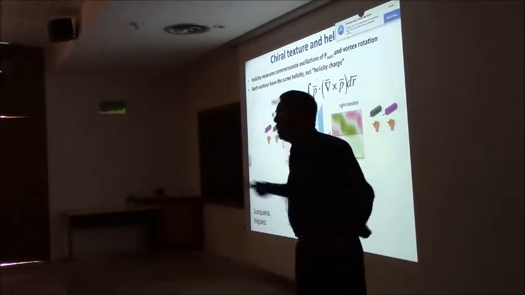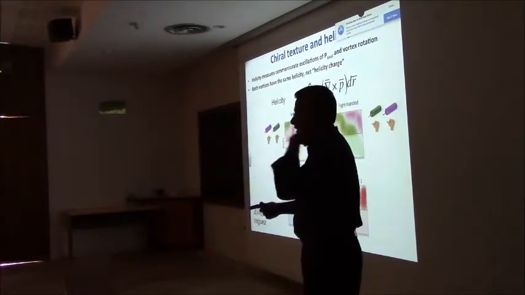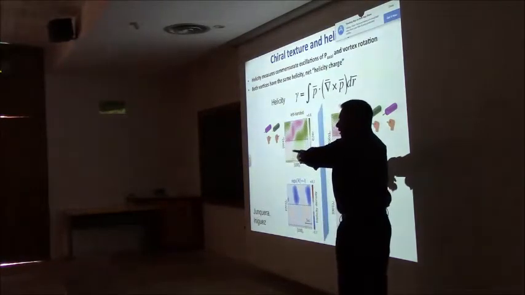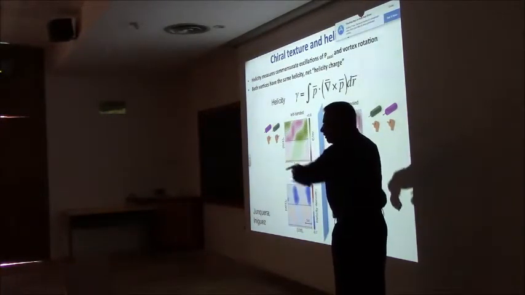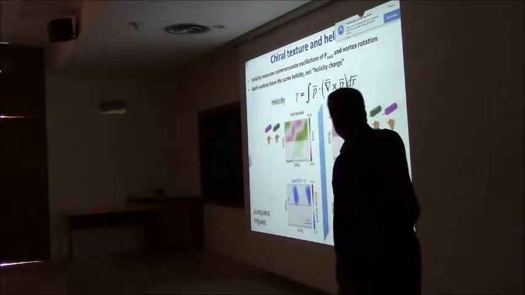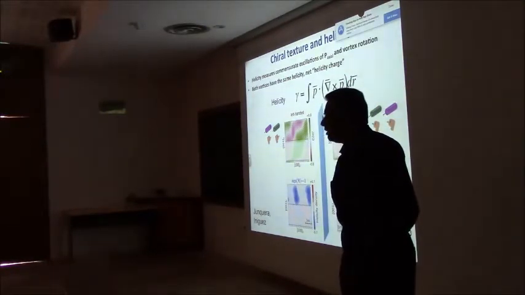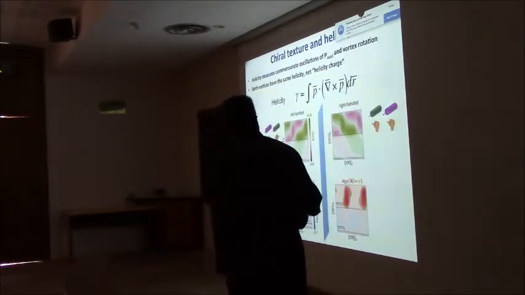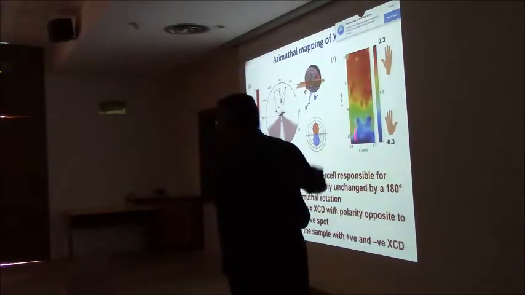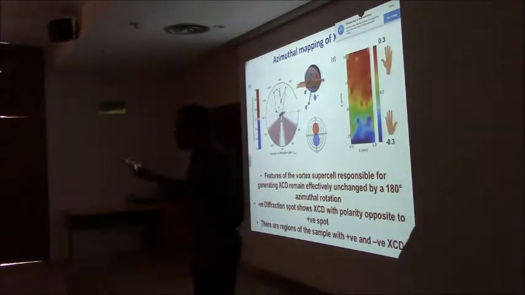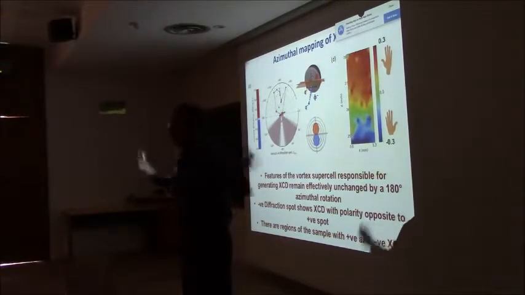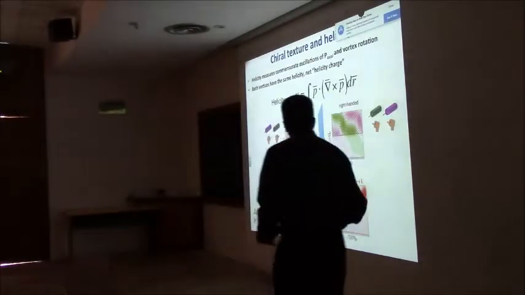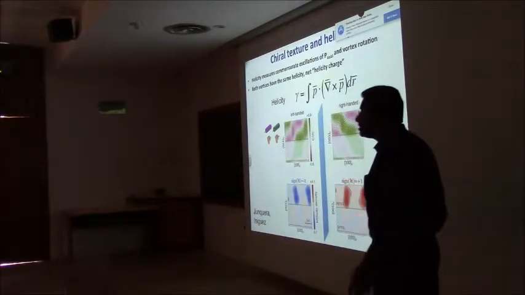And because for one of them there's a component this way, and for the other one there's a component this way coming out, you can think of it, in Vincent's question, as an in-plane ferroelectric component that's anti-parallel to each other. So once you do that, this helicity term becomes a positive or a negative value for both. Perhaps this is the most important slide to explain why we saw this picture. Because if I simply had vortices doing this and this, you would think, first order, they would cancel out each other. They don't. They don't cancel out each other because their helicity is added either negatively or positively.